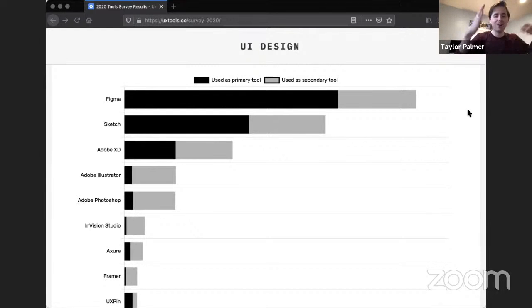And now that's all kind of settling down, and obviously there are a few big winners, like Figma, Sketch, and XD are leading the pack there, which is great because they're great tools. I do think that